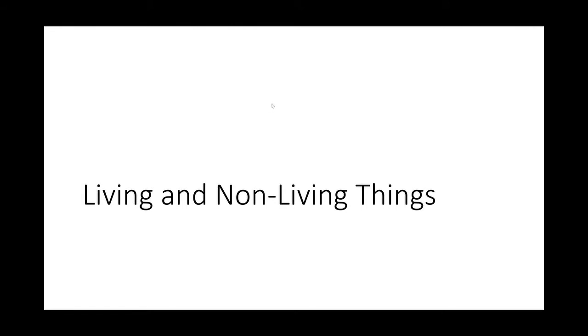Last week we were on classification, so this week we are talking about living and non-living things, the second chapter. Last week we were talking about diversity and classification. Diversity is basically many different kinds of things on Earth, whereas classification is to group things based on reason. Because of the many different things on Earth, scientists have to classify and group things based on certain characteristics or properties they have. So as I was talking about in the last lesson,